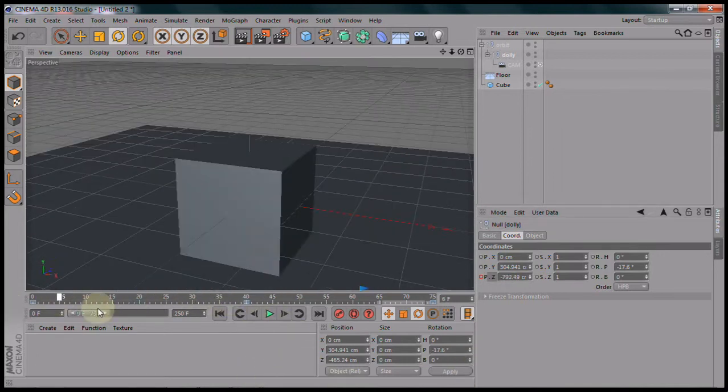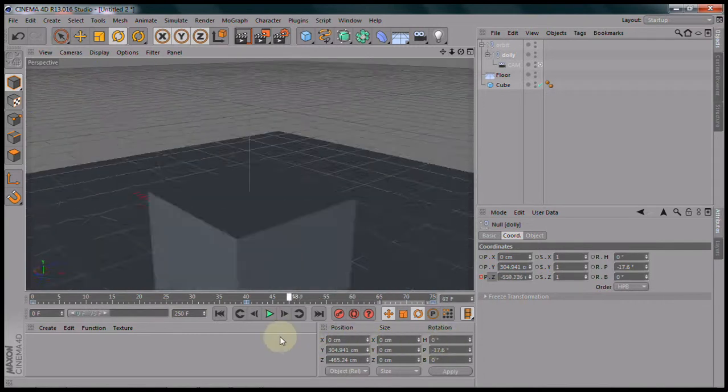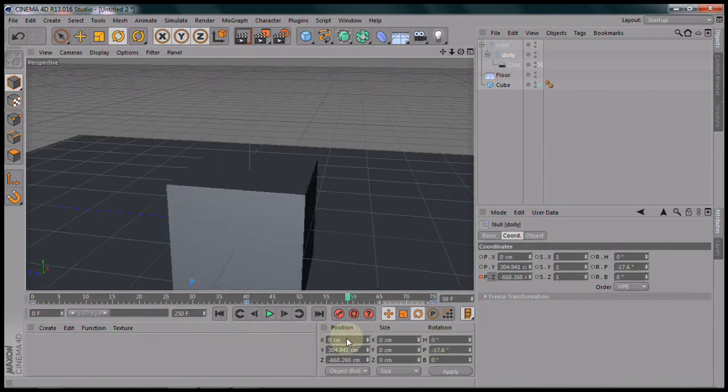So now we get this. This will look a little bit artificial, and you get this bump in the middle. Why? Because we still have that linear curve. So now I'm going in